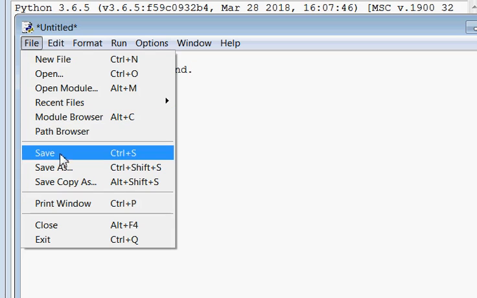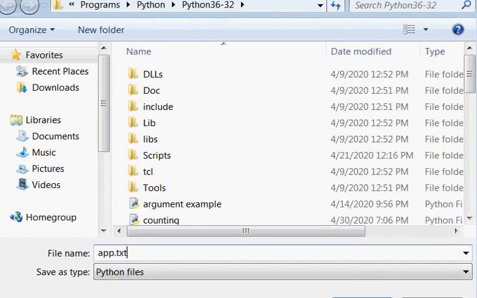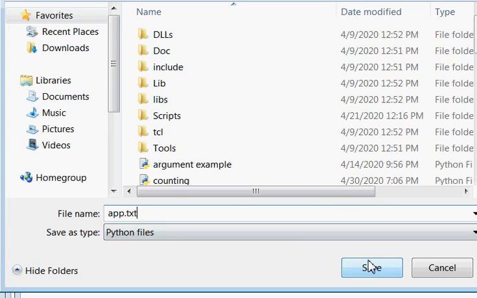Now by saving this file we will be making a text file in which we will append. So I am making a file with the name app.txt, and we need to save this file in the same folder where your Python files are saved.